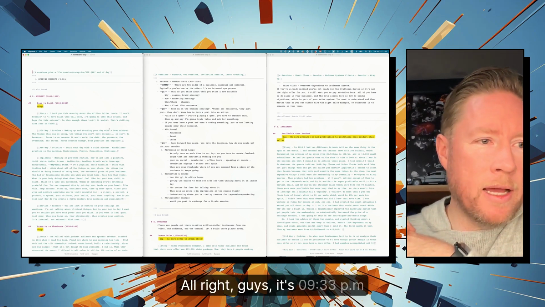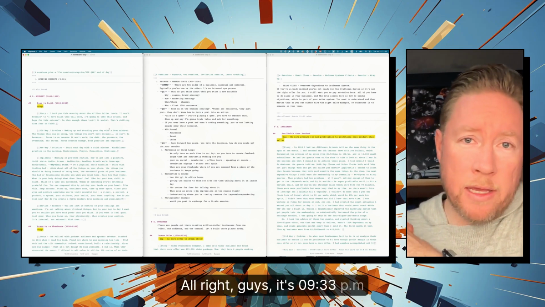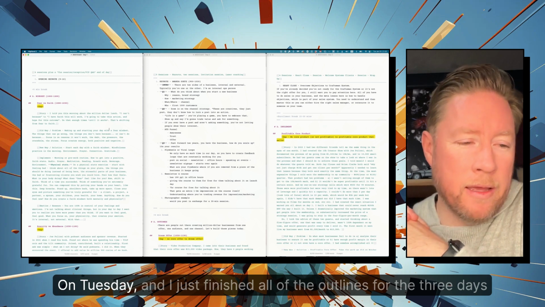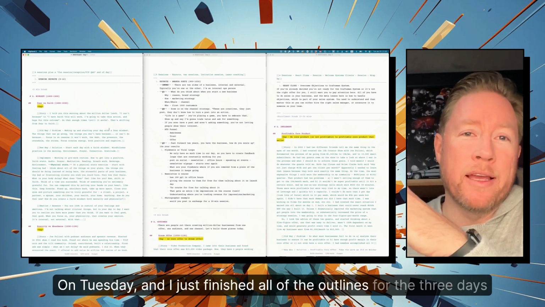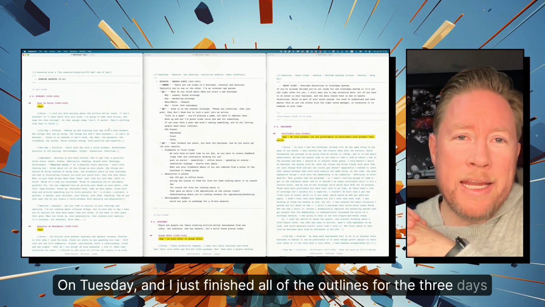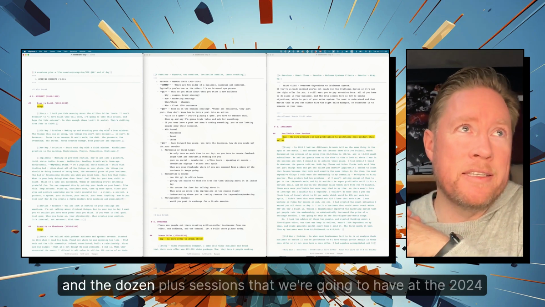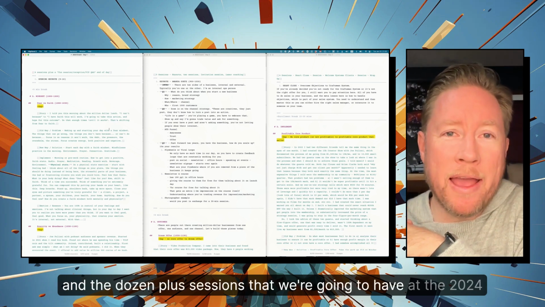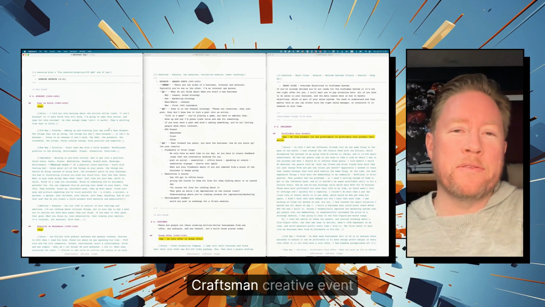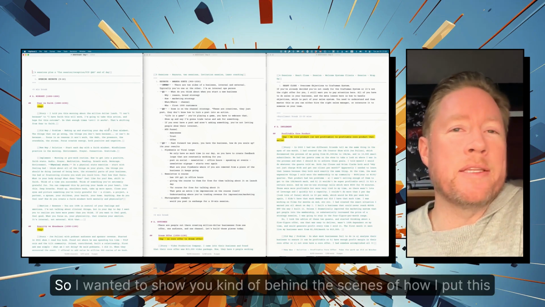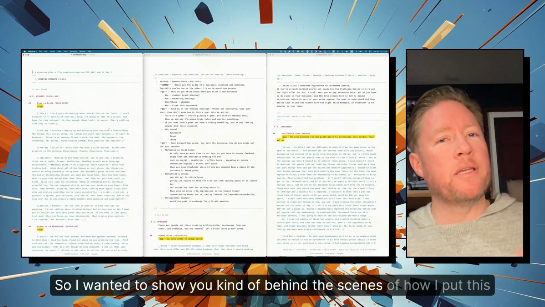All right, guys, it's 9:33 p.m. on Tuesday, and I just finished all of the outlines for the 3 days and the dozen plus sessions that we're going to have at the 2024 Craftsman Creative event. I'm just so excited about it, so I wanted to show you kind of behind the scenes of how I put this together